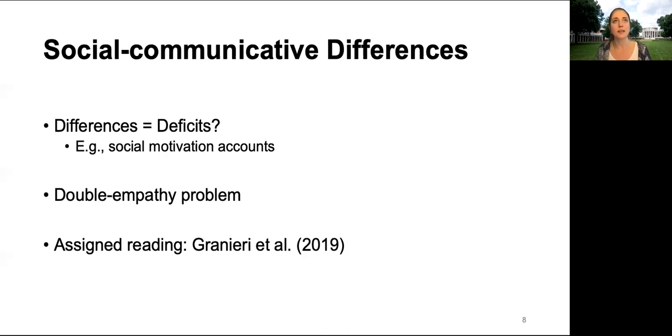And this can be beneficial in some settings. It can function to help people fit in, but also oftentimes comes with a mental health toll. But I think what's important about just increasing acknowledgement that this is something that autistic people are engaging in, especially autistic women and people who are assigned female at birth, is that to camouflage or to try to mask your autistic traits, you have to be motivated to do so. And so a lot of the people who are engaging in these behaviors are doing so because they're very motivated. They're trying to fit in socially. So a deficit in social motivation doesn't seem to sufficiently explain all of the social difficulties that autistic people have,